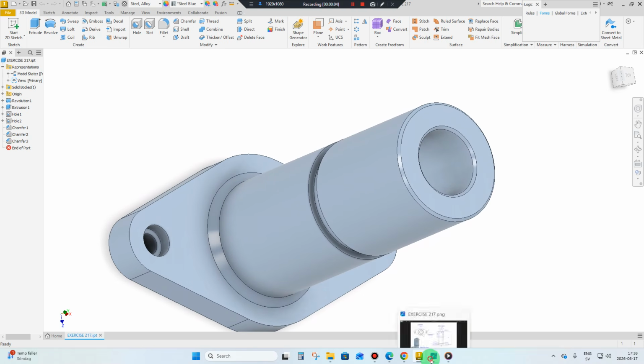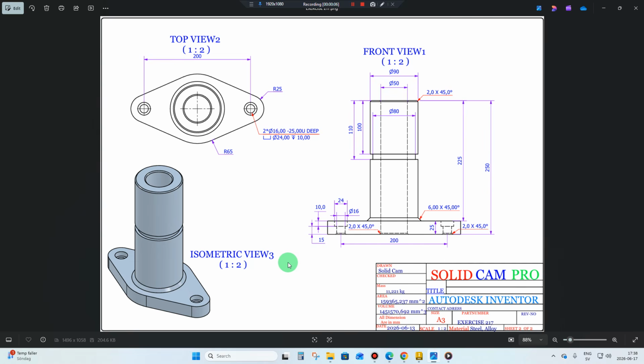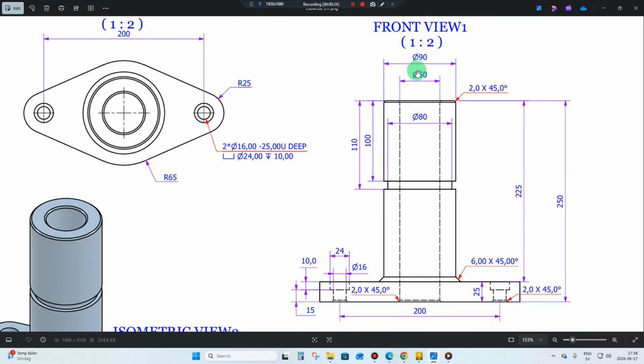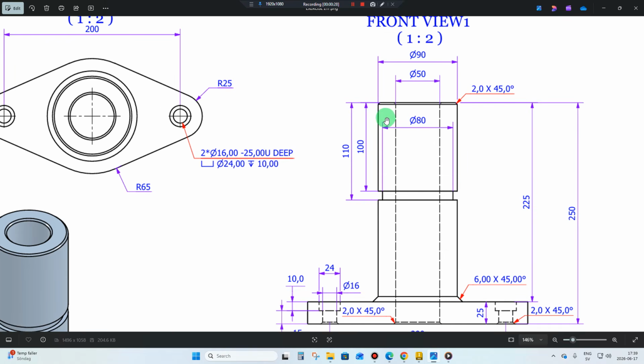In this exercise, we will create this 3D model according to the dimensions given on this drawing. As we see on the front view, we have the distance from this line up to this line, 225, and from this line up to this line, 250. And we have this thickness 25 millimeter, outer diameter 90, inner diameter 50 millimeter, and this cutout we have diameter